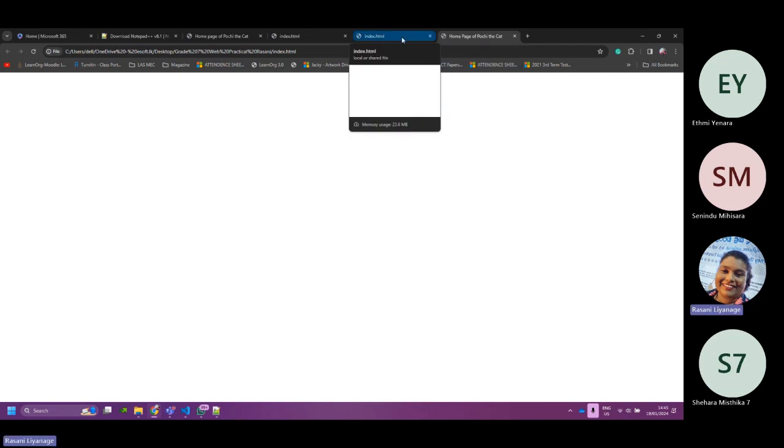But still, if you go to the previous web page, suppose this was not there, the same page here, just refresh it using this refresh icon, or just click on this and press enter, whatever it is.